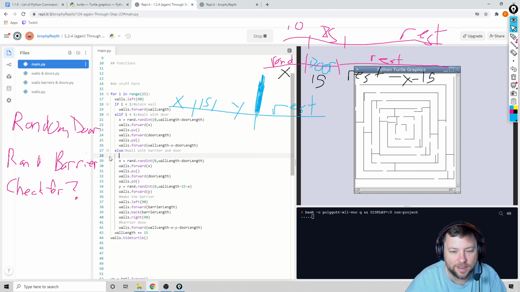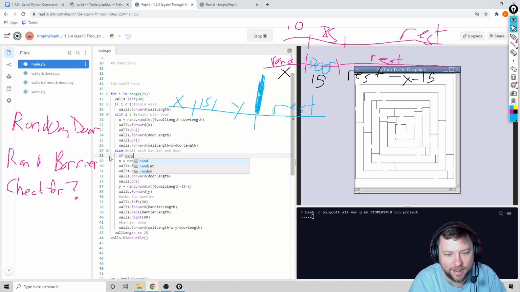Okay, do an else if. So inside this else, I'm going to do another if else. We're going to make a random number, and we can go 0 or 1. Rand dot randint between 0 and 1. If that equals 1,